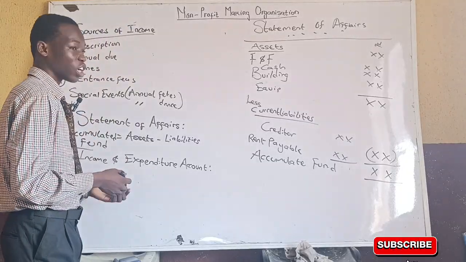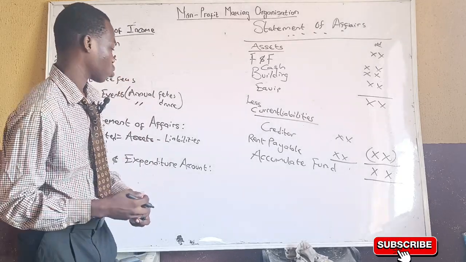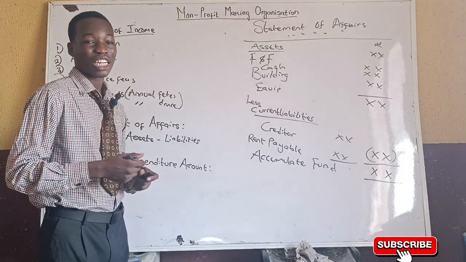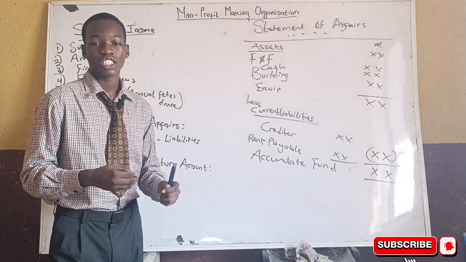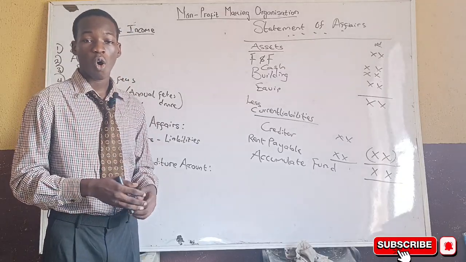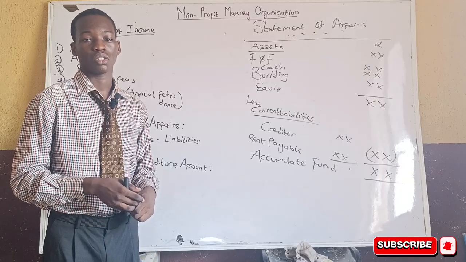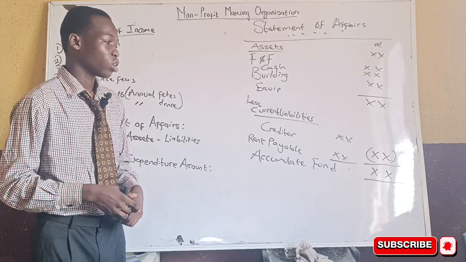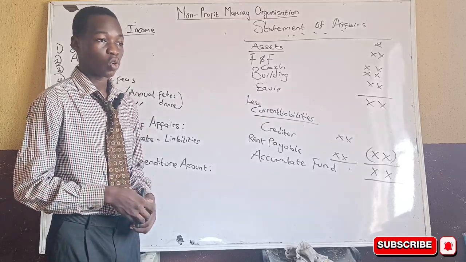That is, this income and expenditure account, when we relate it to a trading concern, is the same thing as profit and loss account. So profit and loss account is now called income and expenditure account when you are dealing with not for profit making organization. Now the definition is simply, this is an account which shows the summary of all income received and expenditure incurred. Income received and the expenses incurred. And according to trading concern, I said it earlier, the same thing as profit or loss account.